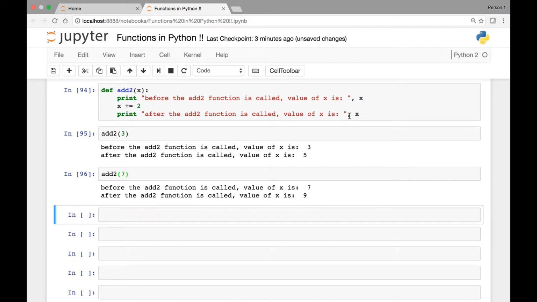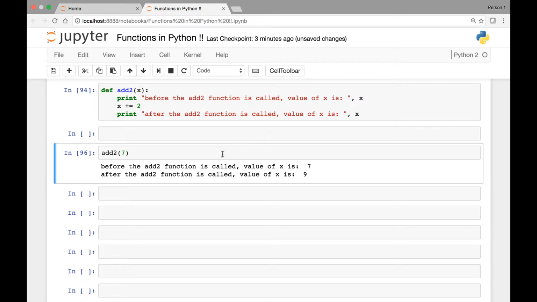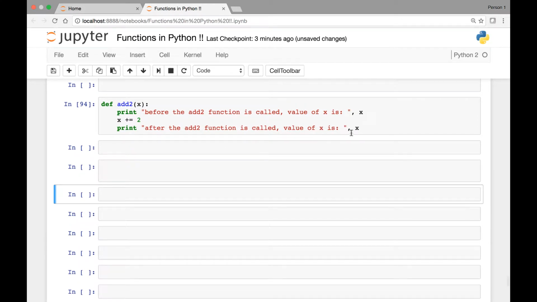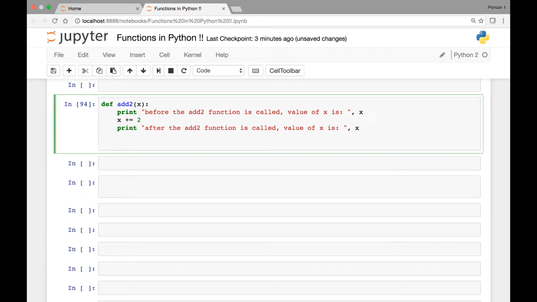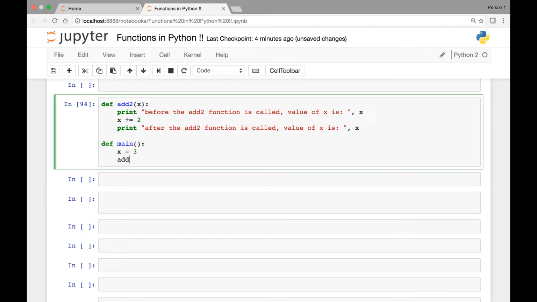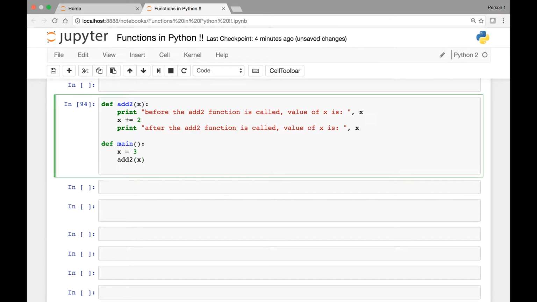Next, let's see how we can use the main function. So we can define another function called the main function. Let's define it here. Define main. Then we can say x, let's say x is equal to 3. Then we can call the add to function and pass x,